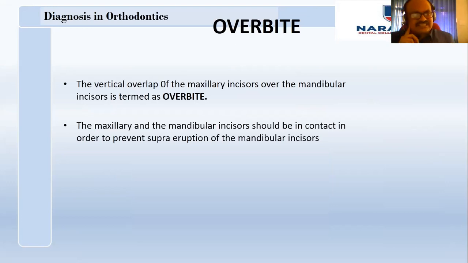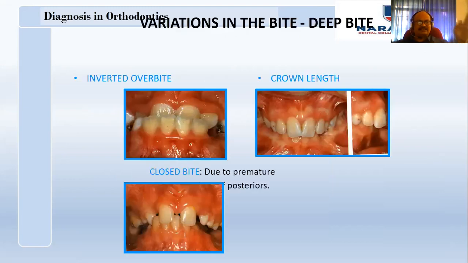Normally when we close like this vertically, the upper incisor should overlap the lower incisors by 2 to 3 millimeters, or 30 percent. If there is more than 30 percent overlap, you call it a deep bite condition. So can you see here, due to increased overlap, the lower teeth are not seen. Usually 60 to 70% of the lower teeth is seen. Here it is not seen at all.